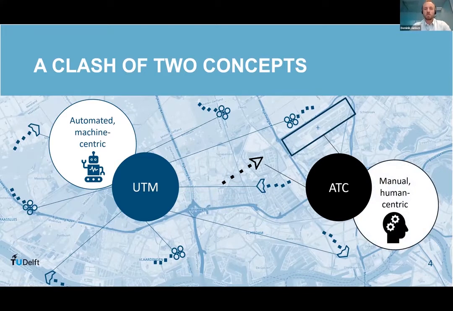So you would sort of have a clash of two types of concepts coming into this future development. On the one hand, the UTM system, which is highly autonomous and uses levels of automation and autonomy to make sure that all of these types of missions will be coordinated. And you have air traffic control, which is very much limited by the capacity of the human actor, of the tower controller in this particular airport example, to be able to